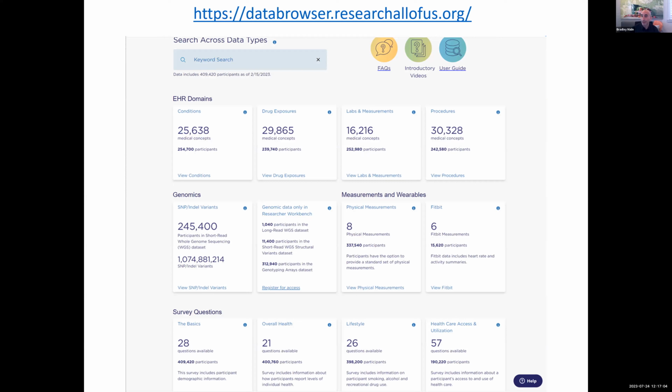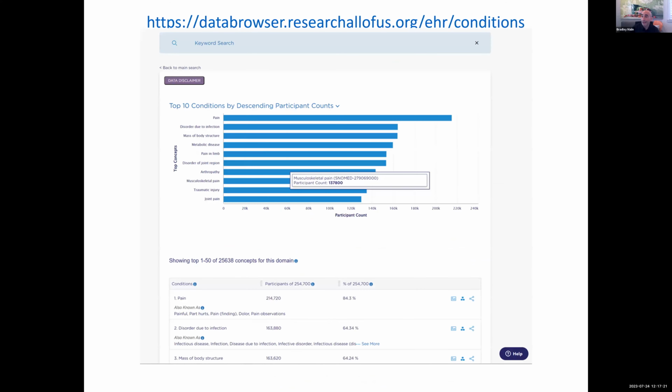We have publicly available data that people can take a look at. If you want to dig into it, you can look at the data browser that we've got online at this link. It has many different types of information, as I alluded to. You can drill down into this, and this is what we've shown on the public front-facing side. You can do counts around what types of diagnoses these individuals have received. What is the most prevalent diagnosis? Here we're showing it's pain. After that, there's level of infection, and problems with metabolic disorders. It's on the order of hundreds of thousands of people.